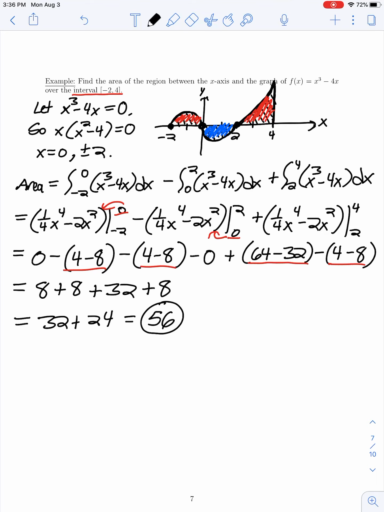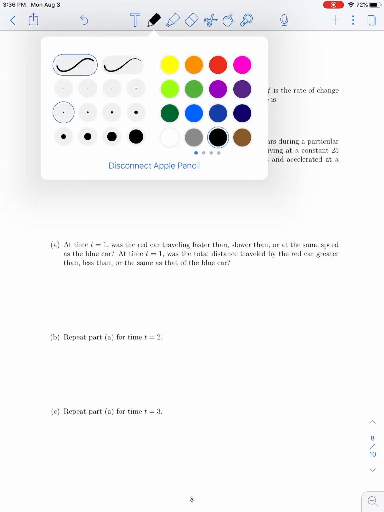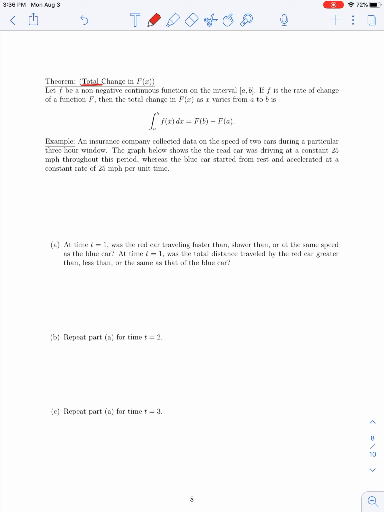Okay, so let's continue. In the next part of this section, we will talk about how the definite integral can be interpreted as the total change in the value of a function. So this theorem is referred to as the total change in a function, and it says if we have a function little f, which is a non-negative continuous function on an interval from a to b, and if we can think of f as the rate of change of a function, or the derivative of some function, capital F,